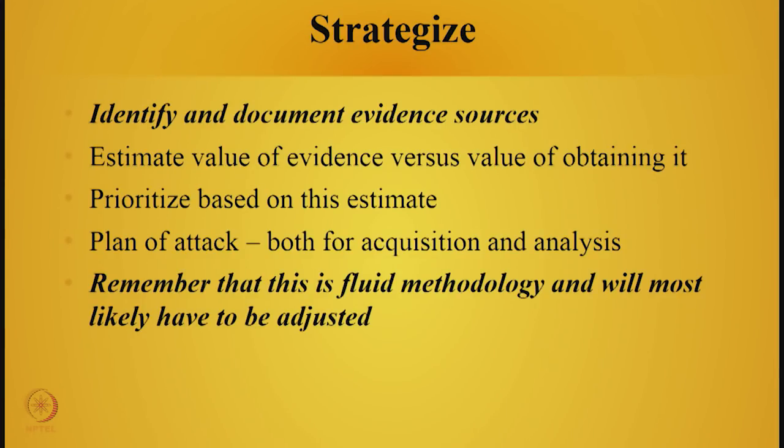The third one is strategizing the whole thing. Okay. You first have to identify and document evidence sources, and these evidences have to be preserved very, very carefully. There have been incidences where the investigating agencies have collected the data, they have kept it in a CD drive, but when they come and show that in the court of law, nothing comes out of the CD drive. Okay. So, for magnetic tapes for example, you are carrying the magnetic tape in your hand, someone just puts a huge magnet in his pockets and walks by that tape, anything can happen, you know. So, these are some mechanisms by which people will try to tamper the evidences.